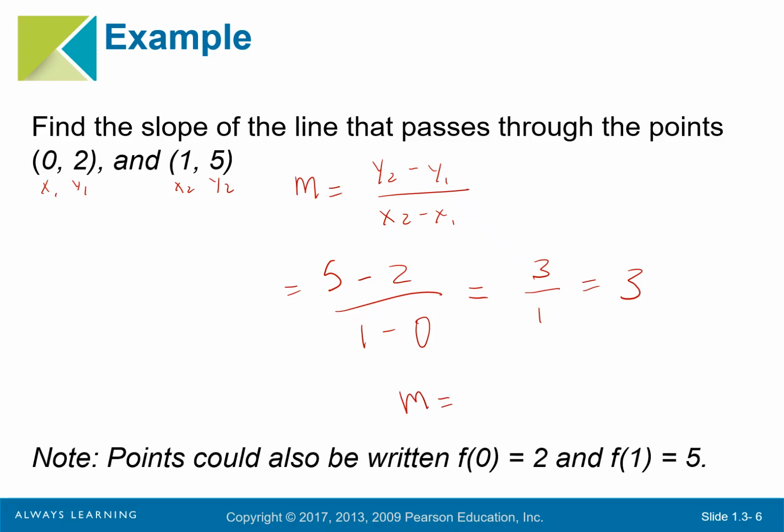M equals 3. Now I just want to point out that points 0, 2, and 1, 5 can be written in this format, and you'll see that on your homework, where it's the same thing. Our input is x, which is 0, output is 2, or input is 1, output is 5. Those correspond to points as well. So feel free to always just write them down as points like this. Okay,